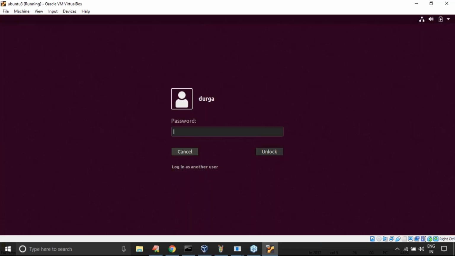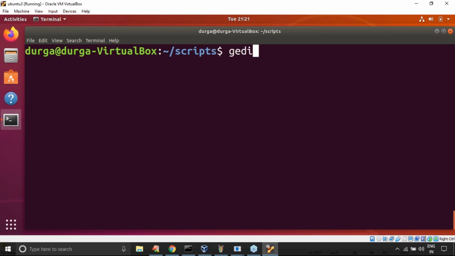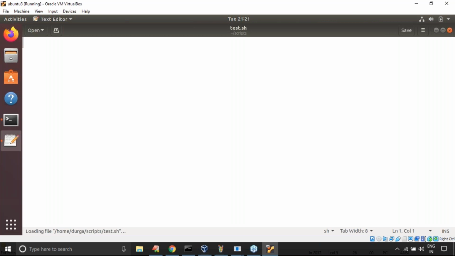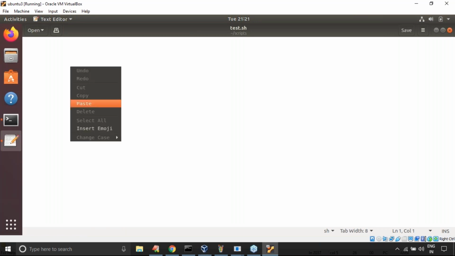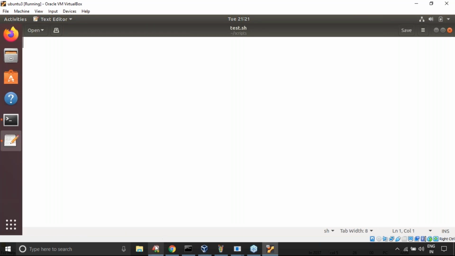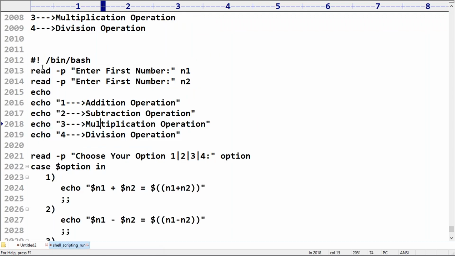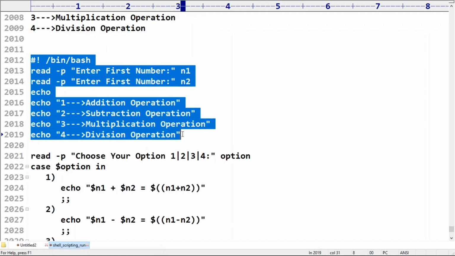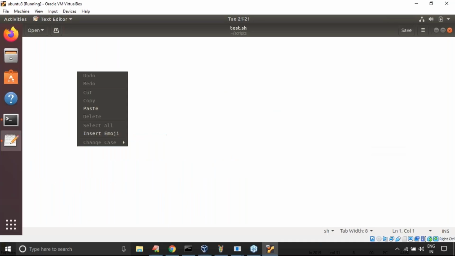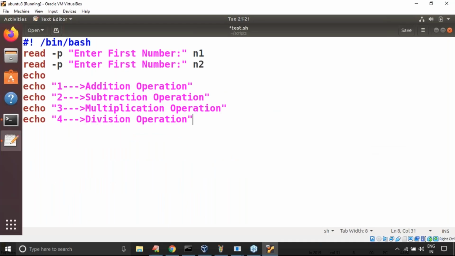Our concentration is on this case statement. It's not working, maybe because it's lengthy code, but it seems to be very small. I don't know why.